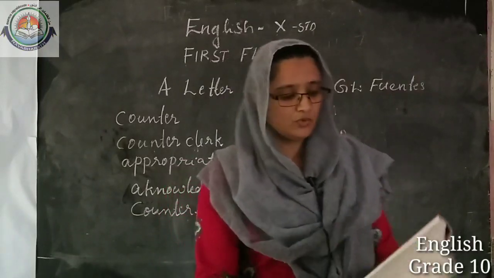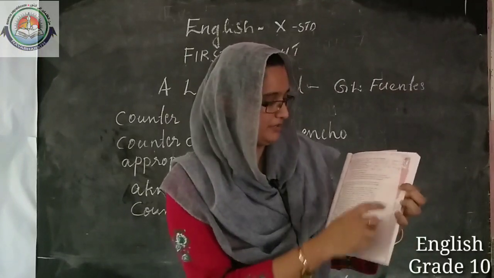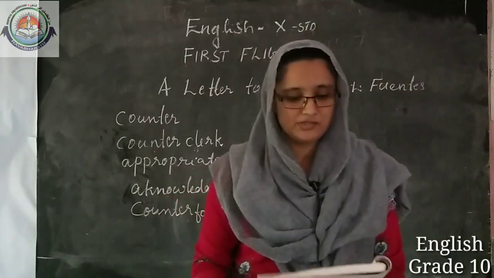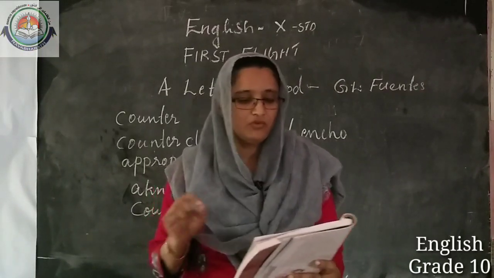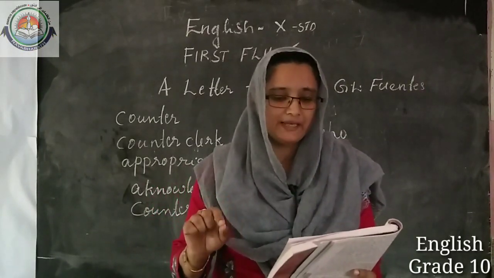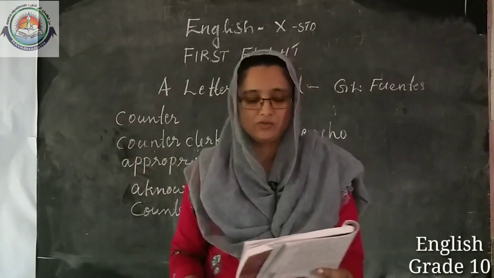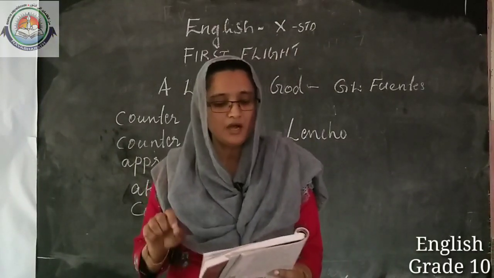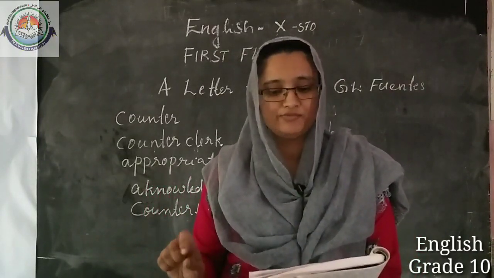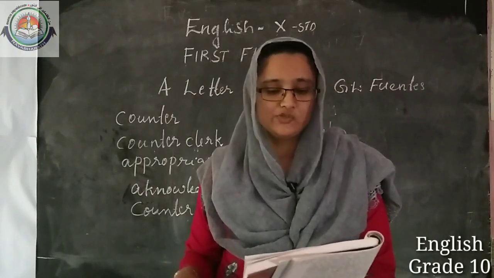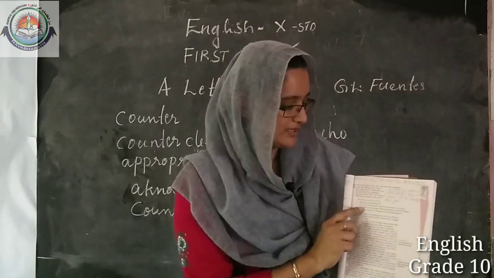Children, there are some questions related to the first portion given on page number 5. Let me read the questions. What did Lencho hope for? Why did Lencho say the raindrops were like new coins? How did the rain change? What happened to Lencho's fields? What were Lencho's feelings when the hail stopped? There are 4 questions here.